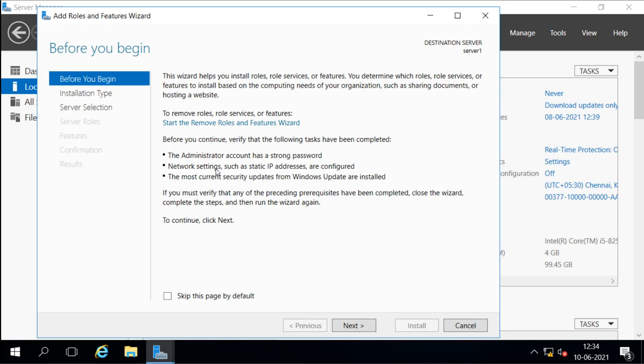Then network settings such as static IP addresses are configured. Whenever you configure any server, any services on those servers or roles, we have to make sure that the servers have static IP addresses. We can't configure the servers on dynamic IP addresses. Dynamic IP addresses, that means the IP addresses are coming from a DHCP server, and IP addresses configured by the DHCP server can change after some time.